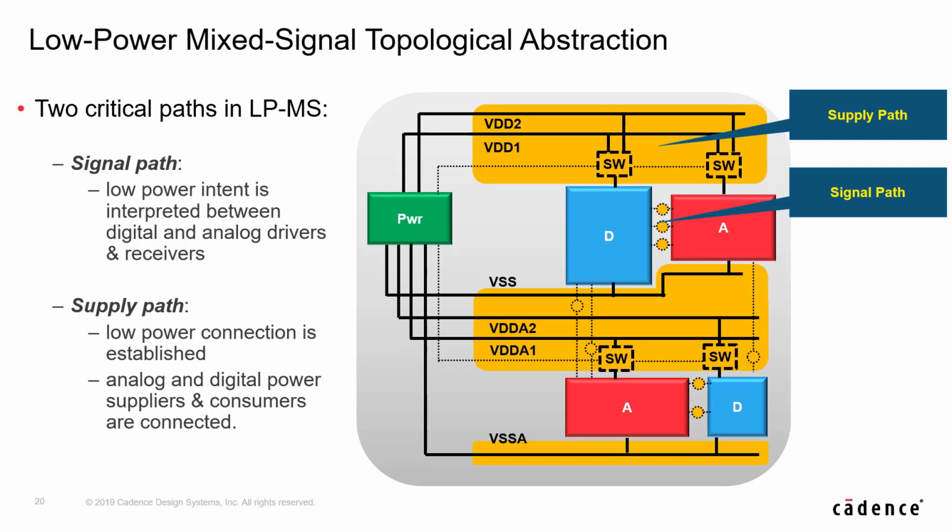So the big question is, now, instead of having a full digital view, I want to have red boxes, meaning I want to have analog models. And this is where mixed signals can be in place. That means you will have to handle two things. You will have to understand how we handle the signal path, meaning how can we translate the data moving from digital to analog world and vice versa, but also the supply path, meaning how we establish the connection between the 1801 world and the analog world and vice versa.